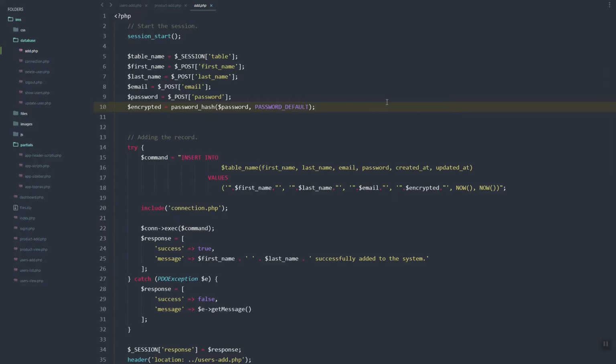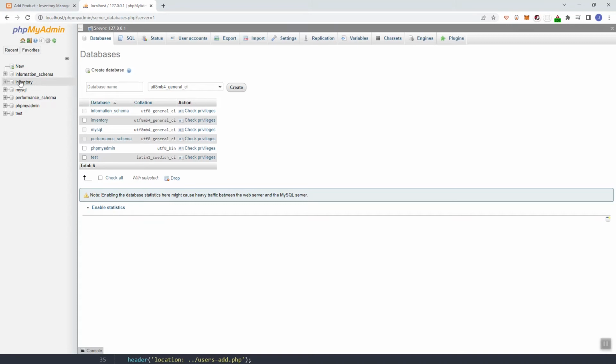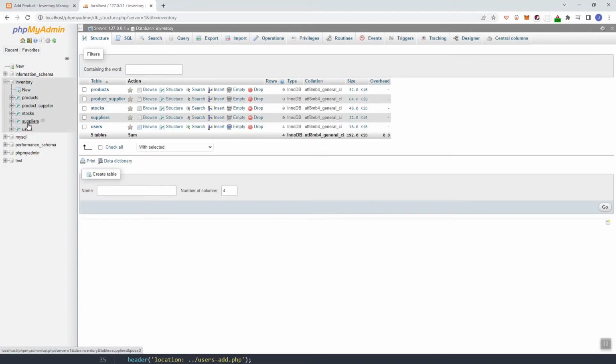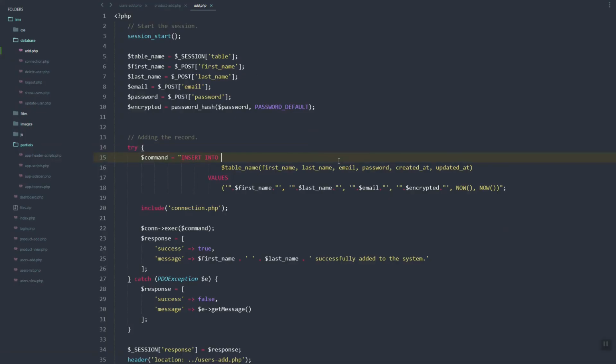So as you can see, the fields here are created specific for our users table. So if we go to our database and view the inventory, we have the users table. This script is used for adding the users inside the system, but we can configure this one and make it